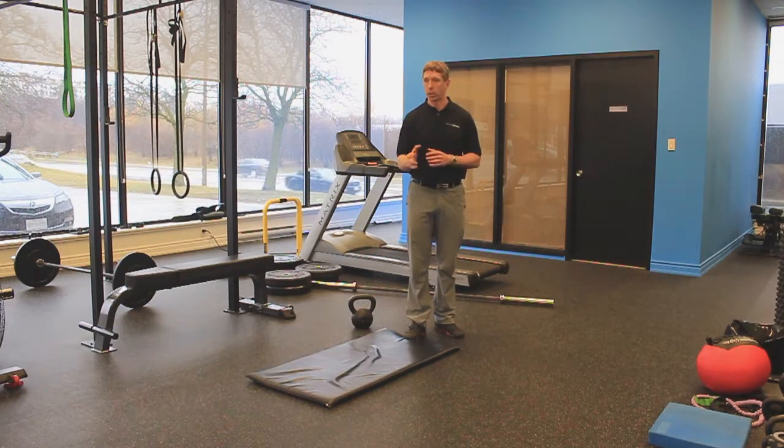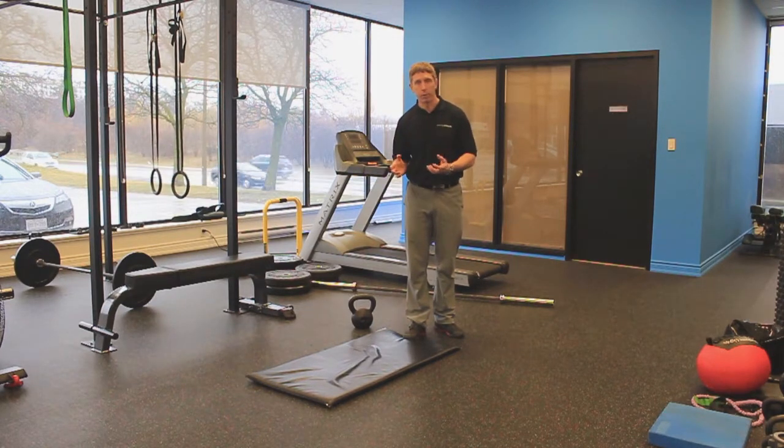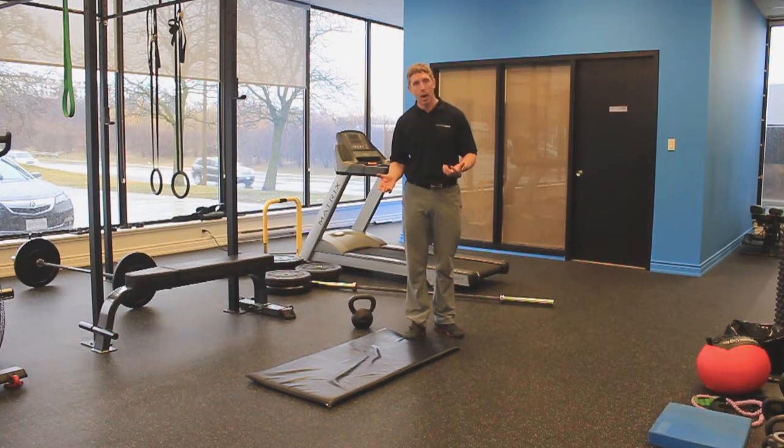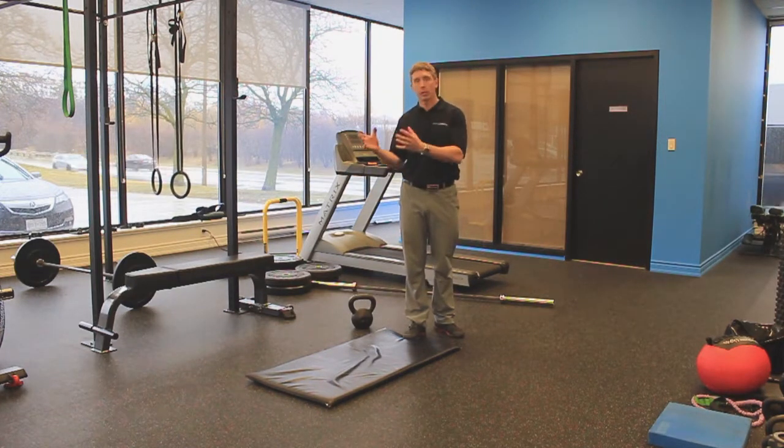I see tons of patients whose exercise technique is really, really good. They're no good at life. They leave the gym having performed great exercises, and they don't know how to take out the trash well, or they don't know how to get up and down in their garden well. So we want to make sure that the exercises I perform in the gym transfer into real life, and